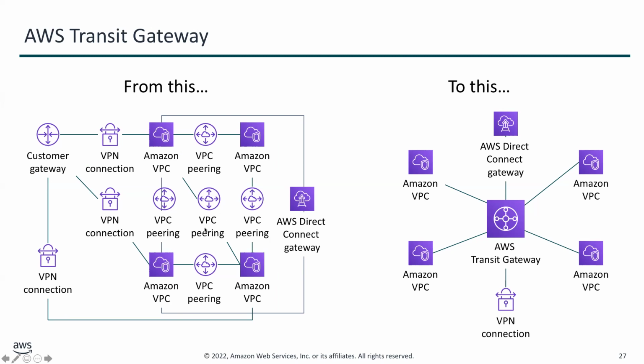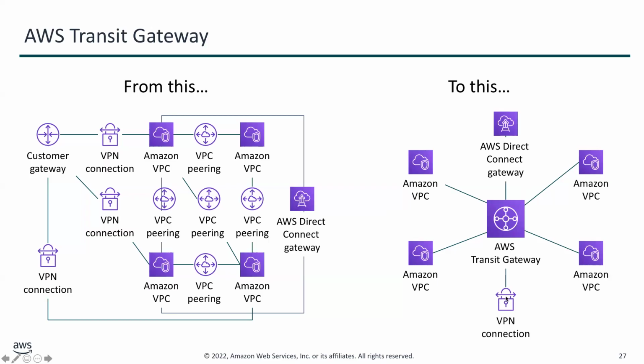So now, instead of this, you simply can have something called AWS Transit Gateway, where each of these VPCs can connect. And this VPN connection can connect as well, and this VPN can have a customer gateway connection like that. But all these VPCs can be connected using AWS Transit Gateway. It's very easy. This VPC can connect to this, and this, and so on, just to make it easier. So one central hub can connect multiple resources, multiple VPCs, multiple Direct Connect gateways,